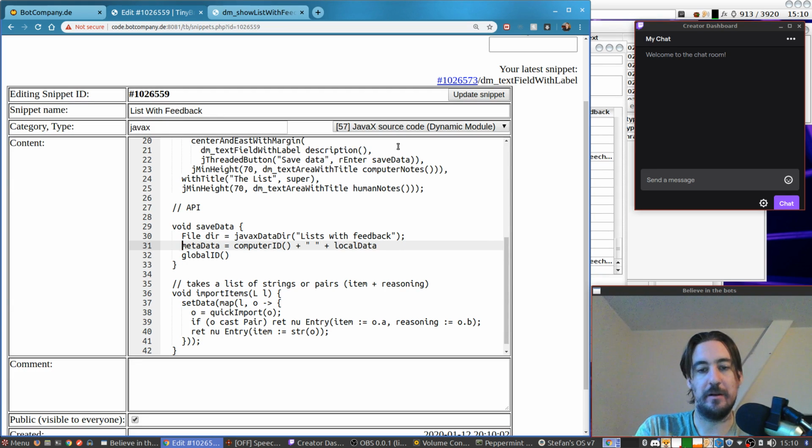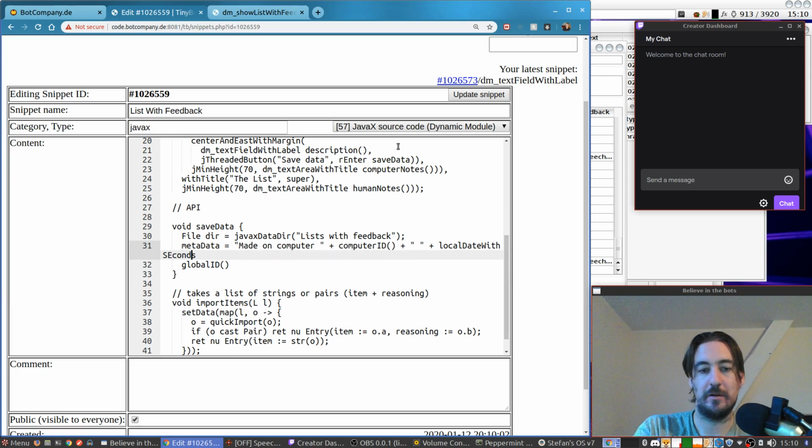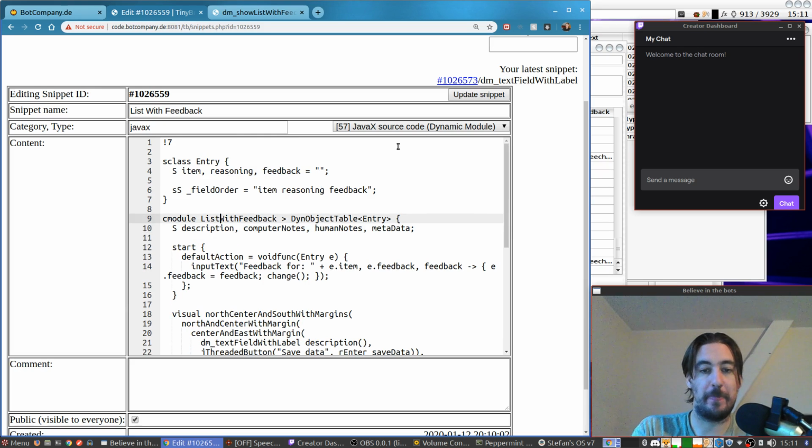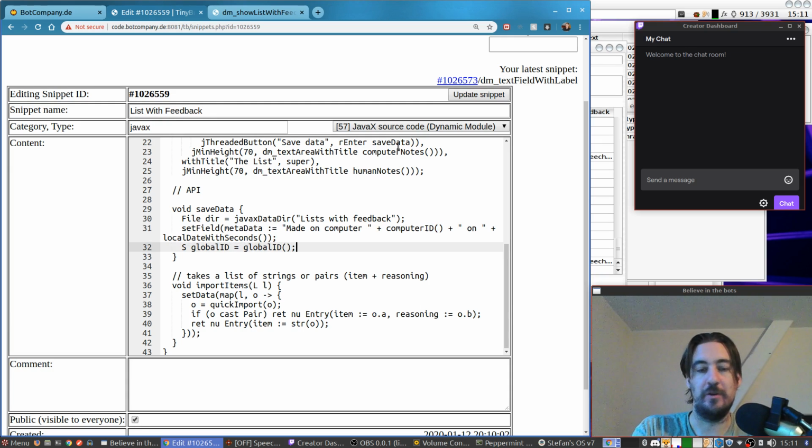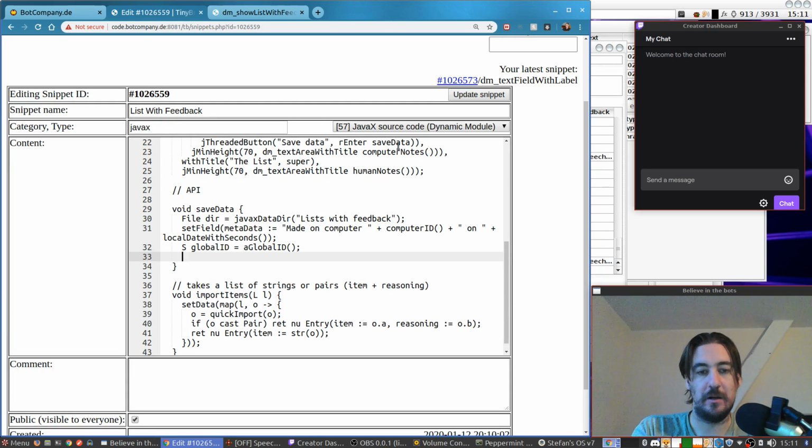Local update. Made on computer X. And the date. And since this is a field in the object, we have to use this. It will also be serialized to disk. Use a new ID. And we save like that.